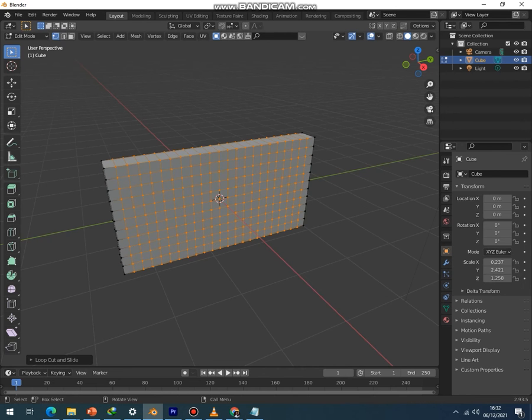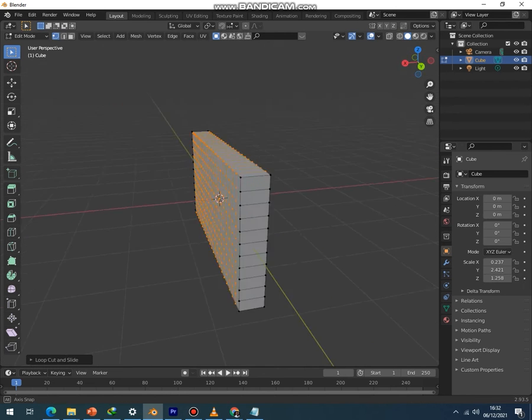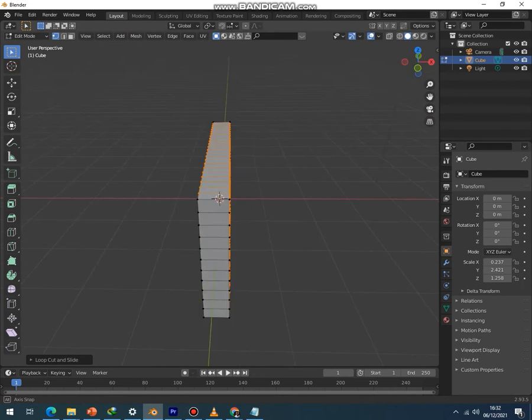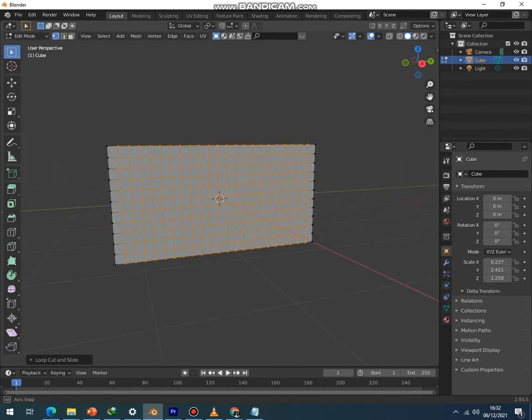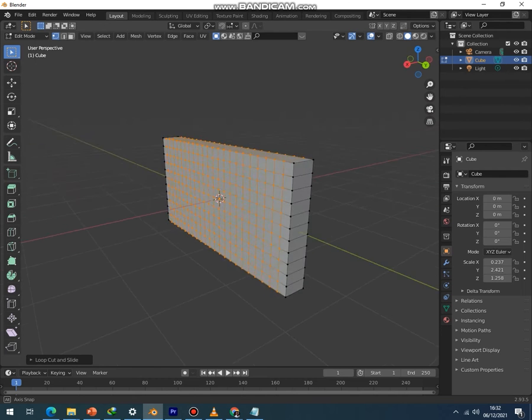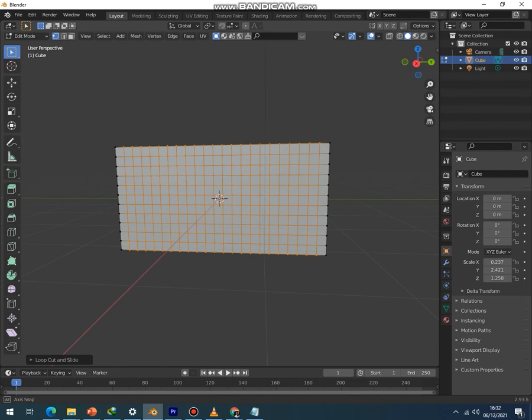I'm going to use the middle mouse button now to scroll round this box. You can see what we have now. Essentially, we have cut up this rectangle into several faces. You will get why I want to do that in a short while. Okay, so using the orbit tool,